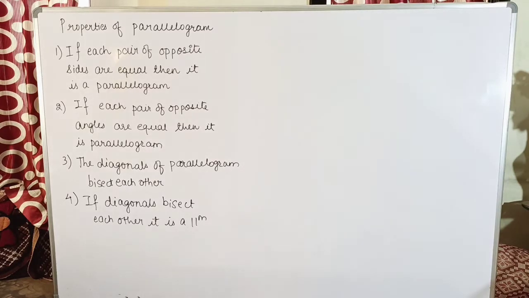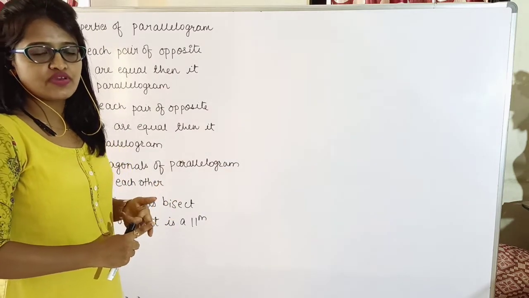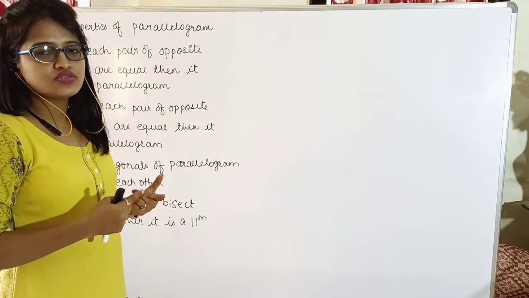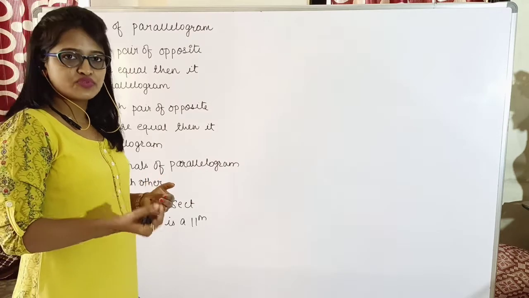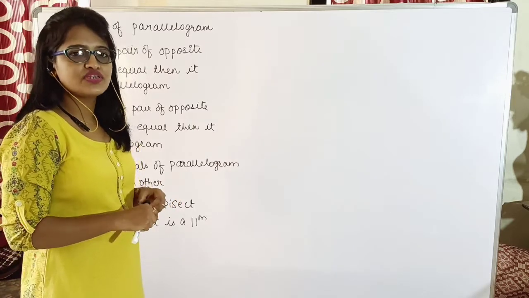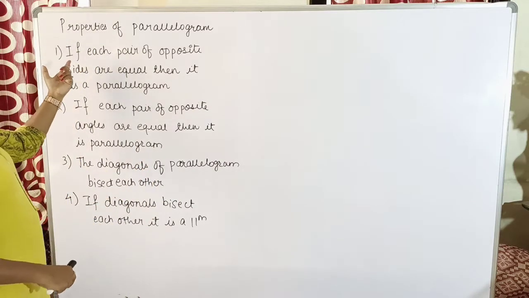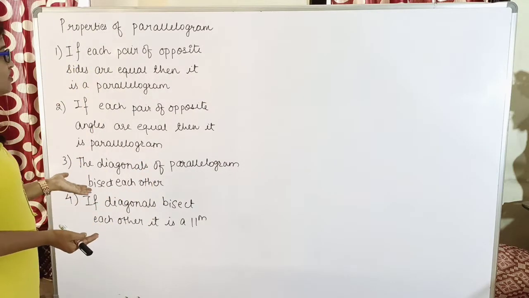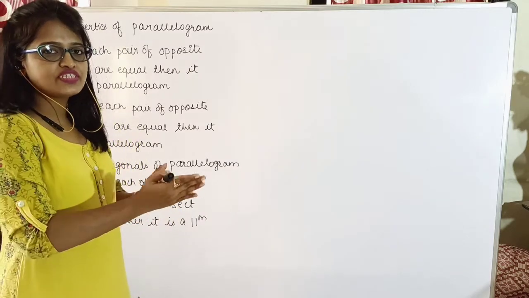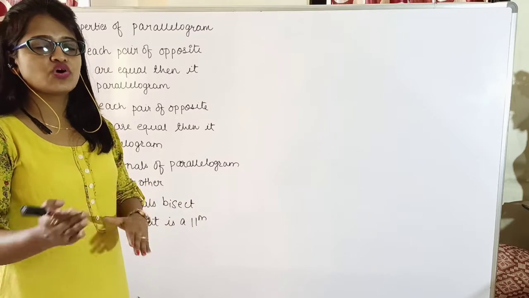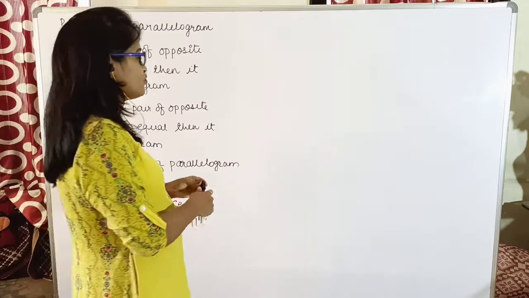Now let us see the converse of the properties which we have seen. The properties which we have seen previously were, if it is a parallelogram, then the two triangles are congruent. Second one was, if it is a parallelogram, then the opposite sides are equal, whereas the third one was, if it is a parallelogram, then the opposite angles were equal. So here it is said that if the sides are equal, then it is a parallelogram. So that becomes the converse of the opposite side theorem. If it is a parallelogram, opposite sides equal, its converse would be, if opposite sides are equal, then it is a parallelogram. Okay, so we have to prove that.